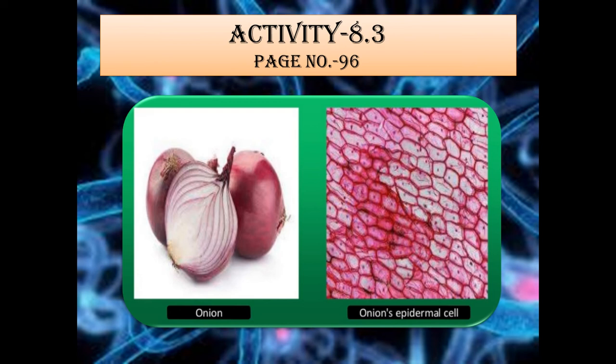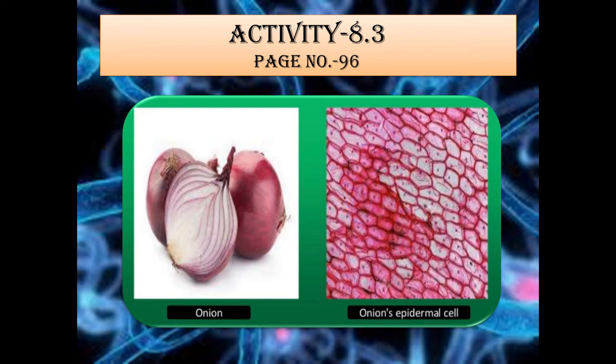Okay, with the help of a dropper, put a drop of water on a clean slide. Then place a thin piece of onion peel on the water drop. Put a drop of methylene blue, which is used as a stain to give color to the cell. If you see it without coloring, you will not be able to see the cells clearly. So it's necessary to stain it properly.